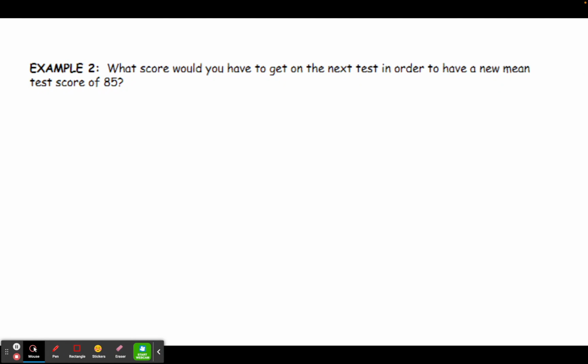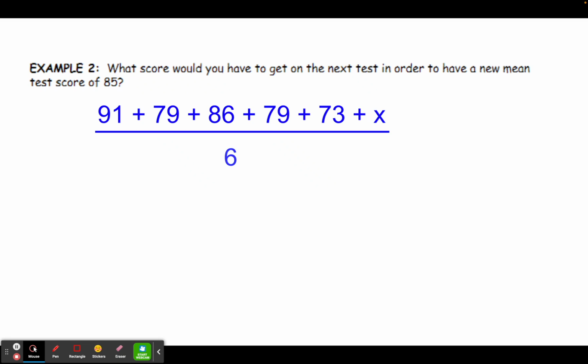Example number 2, what score would you have to get on the next test in order to have a new mean test score of 85? In this one, we're going to set up an algebra equation to solve for our missing test score. So with the 5 tests that we know, which are given in example number 1, plus the 1 score we don't know, we're going to write that as 91 plus 79 plus 86 plus 79 plus 73 plus X. When we were calculating the mean of these scores, we now have 6 scores that we're averaging together. So I would divide that sum by 6 this time,